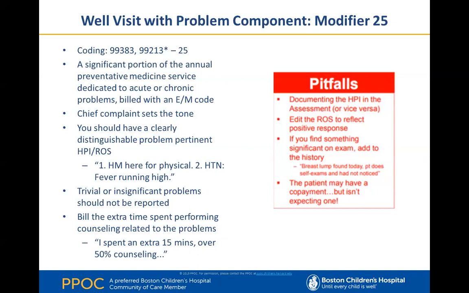But again, just small measures can go a long way. So just taking an extra couple of minutes to proof that note and make sure that there aren't any conflicts, that's of tremendous importance. If you find something significant on the exam, let's say there are no chief complaints, there is no history, but you do find something that warrants further study, you can add that to the history after the fact. You can say also discovered today was whatever the issue may be, abdominal tenderness or ear infection or something along those lines. You can add it to the HPI.